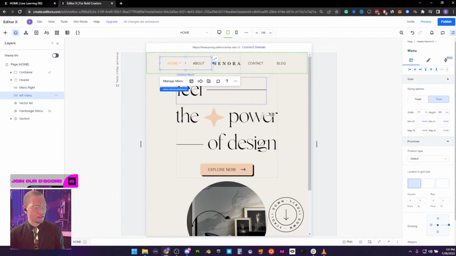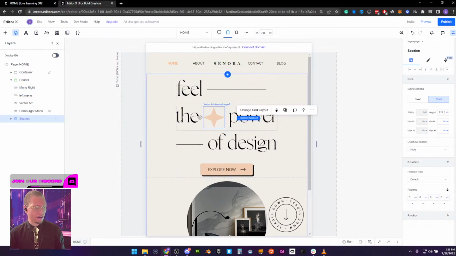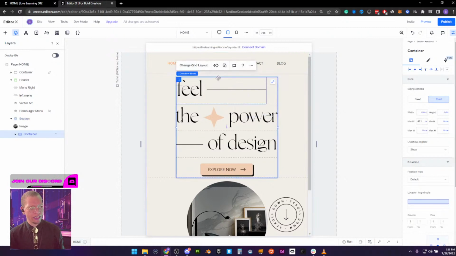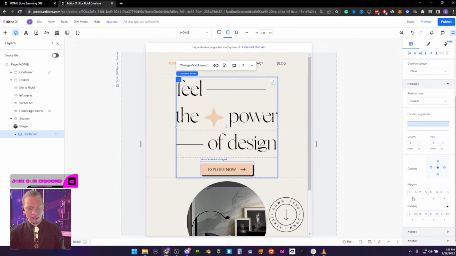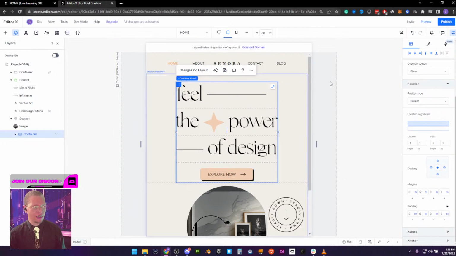Now, what I want us to do here is we're going to start working on this stuff. Actually, for the tablet, it's pretty fine, but I do want to add a little bit more space between our container and our nav here. So I'm going to select my container, scroll down in the inspector panel to margins, and rather than 2%, I'm going to type in 5%. So we get basically 5%